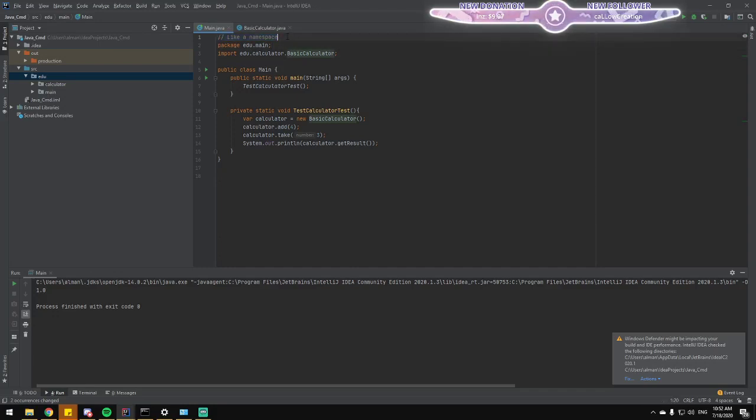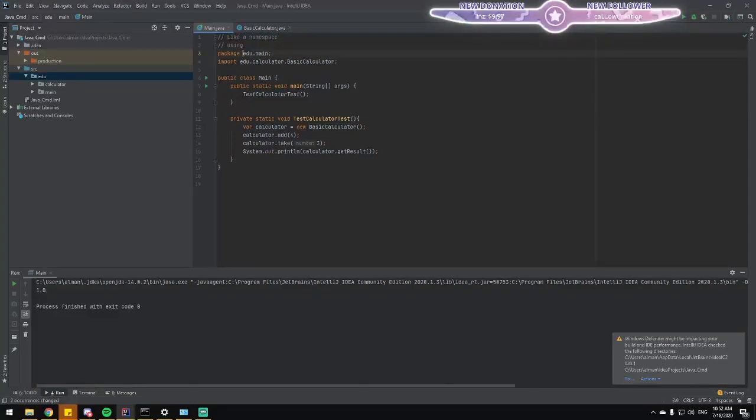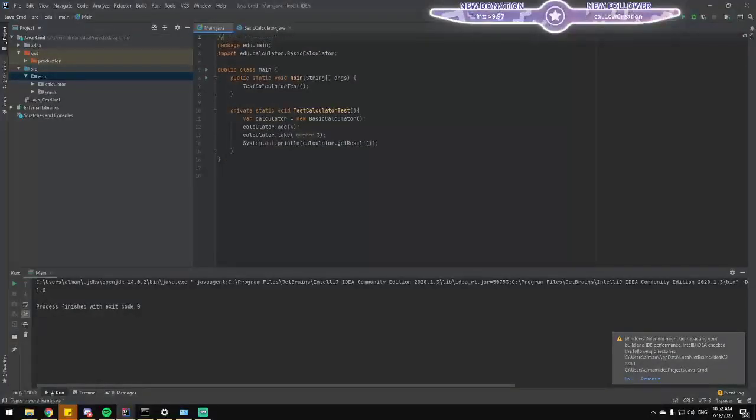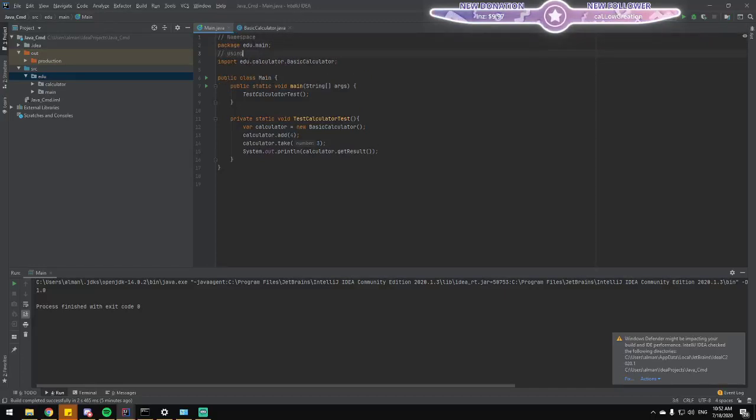So this is the namespace equivalent of C#, and this is the using statement equivalent. It's fine. I'll be teaching officially in an academy. I think it works well.